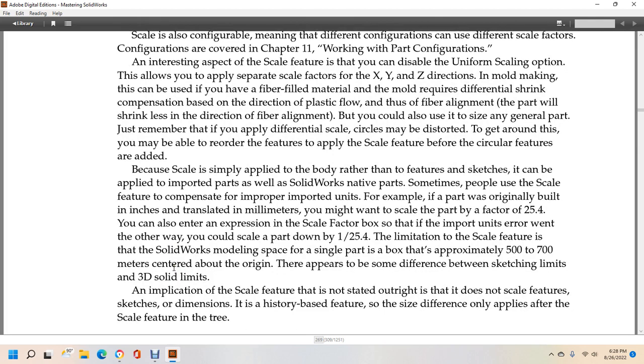Sometimes people use the scale feature to compensate for improper imported units. For example, this part was originally built in inches but transmitted in millimeters. You want to scale the part with a factor of 25.4. You can enter the expression scale factor for the import. If the units error went in the other way, you would scale the part down to